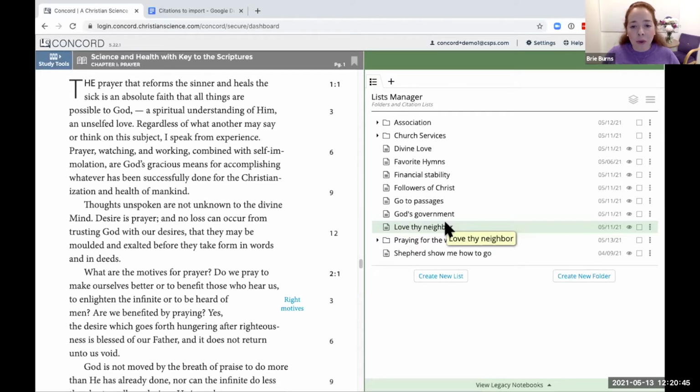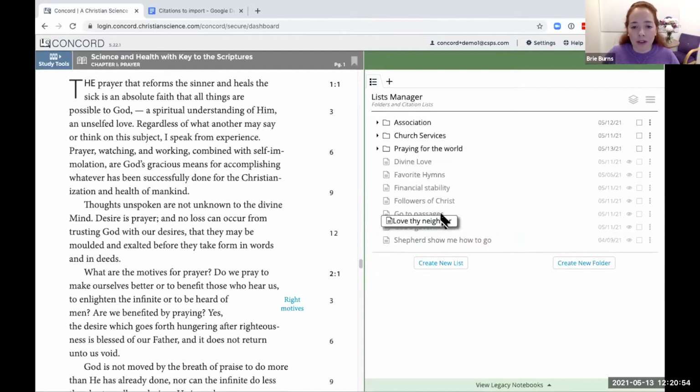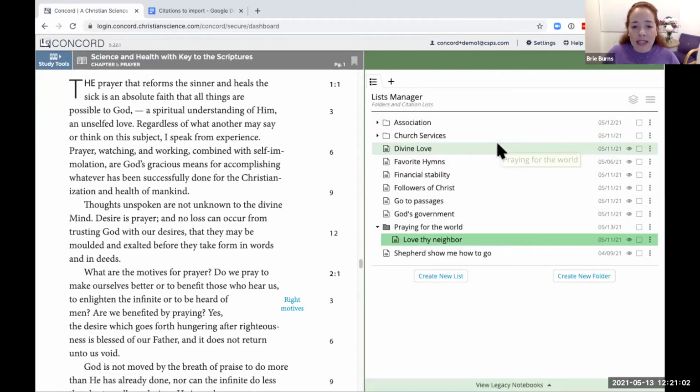And you'll notice when I start to drag, all of my folders will jump right to the top of my list manager to make them easy to find. So I've just started to drag, and now I'm going to hover this list over my folder, Praying for the World. It will turn green, and when I release, you'll see that that folder goes back to where it was, opens up,